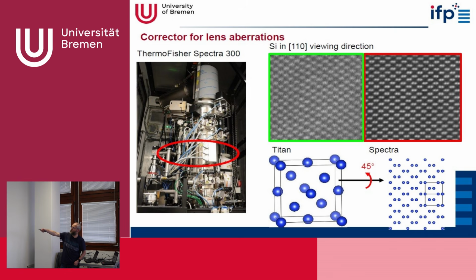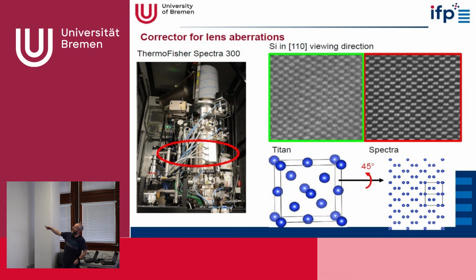machines that we have. We have basically a Titan microscope. This Titan microscope has a corrector, but not for the illumination system, but for the imaging system. So it's dedicated to conventional transmission electron microscopy. But the STEM mode we cannot correct in this machine. On the other hand, the Spectra machine that we have has the corrector above the specimen in the illumination system, so we can correct for the illumination of the system. So this is dedicated to the STEM mode.